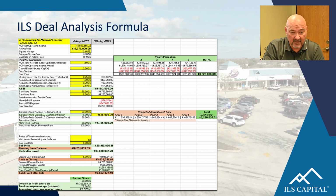Closing costs, the assignment fee we talked about earlier, or due diligence fee. Acquisition costs, we talked about that on the first slide. Initial CapEx. So what is initial CapEx? That is the amount of money I'm setting aside to do some work right out of the gate. And on this particular property, the work right out of the gate is that we need to re-roof about 95,000